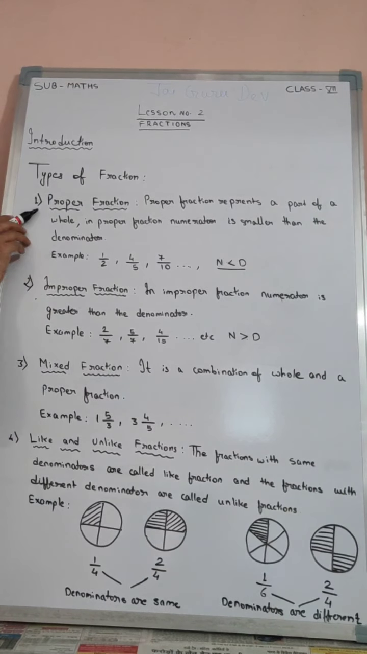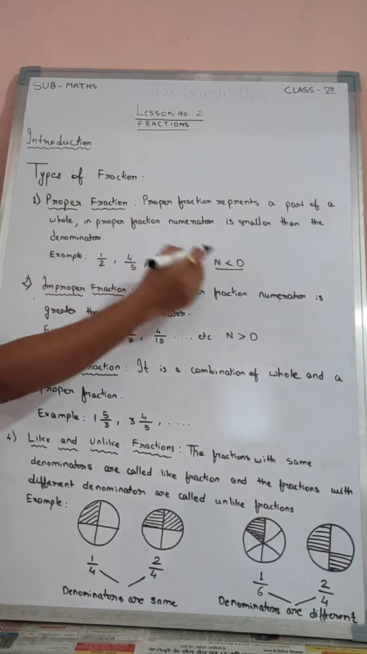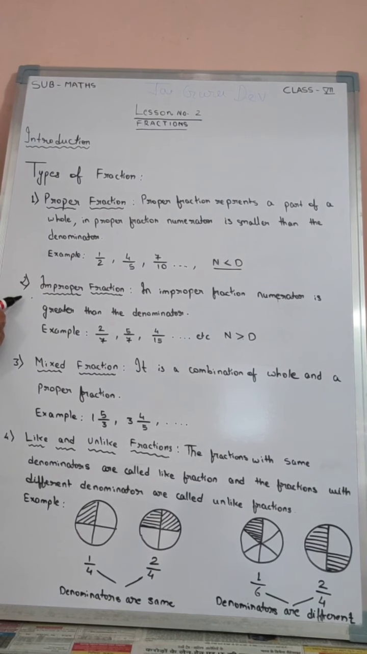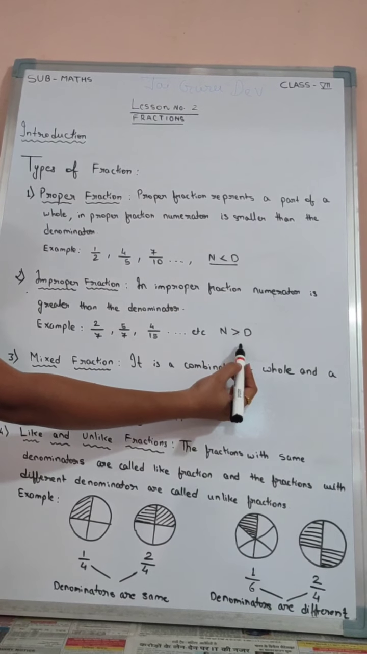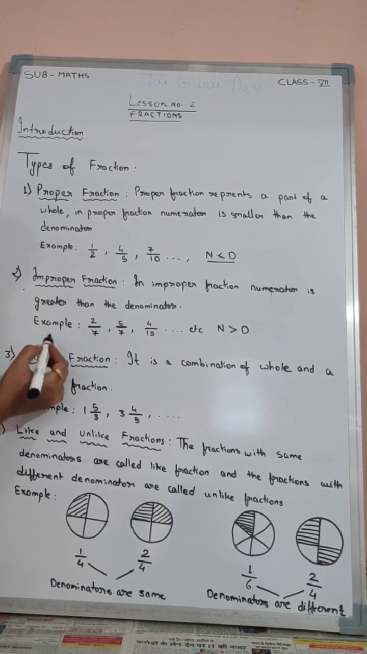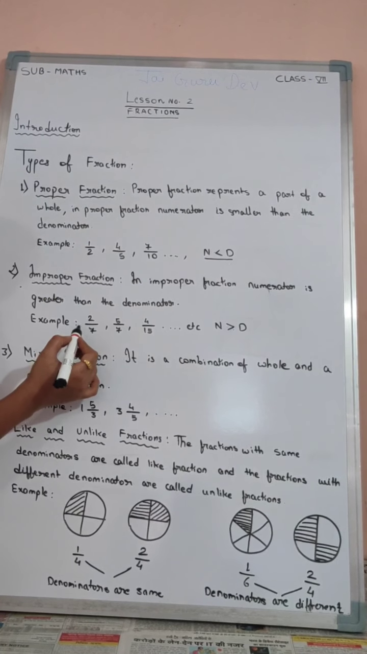So as we have seen, in a proper fraction, the numerator is less than the denominator, but in an improper fraction, the numerator is greater than the denominator. That is called the improper fraction. So an example is,